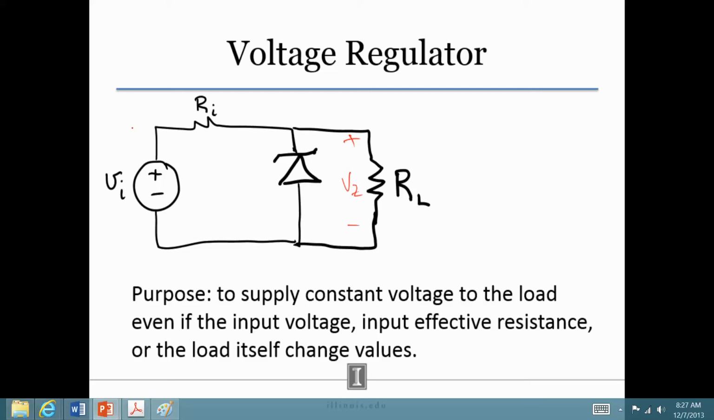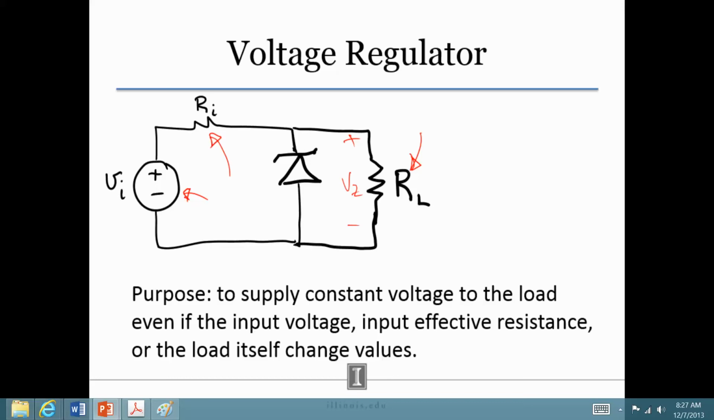Even if the input voltage, okay, doesn't have to come from a battery, could come from rectified AC, could come from who knows where, okay? Even if this input voltage, which could come from logic circuits for example, also varies, or this input effective resistance varies. Maybe we have long wires running from the voltage source to the load, and maybe temperature will change their resistance. And finally, even if the load itself changes,